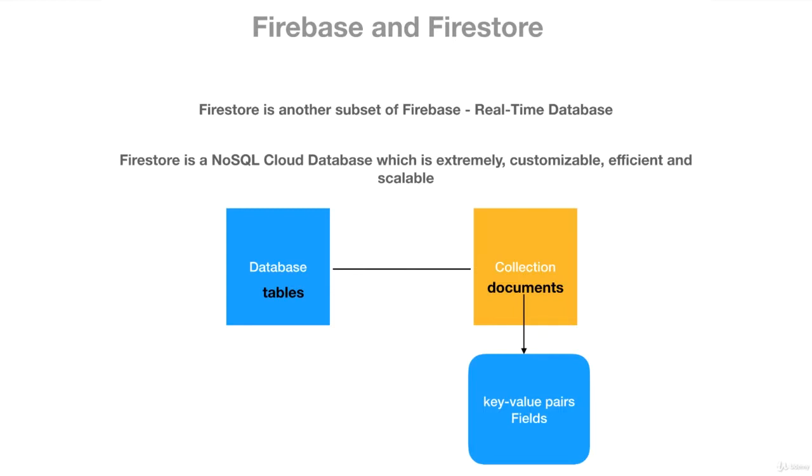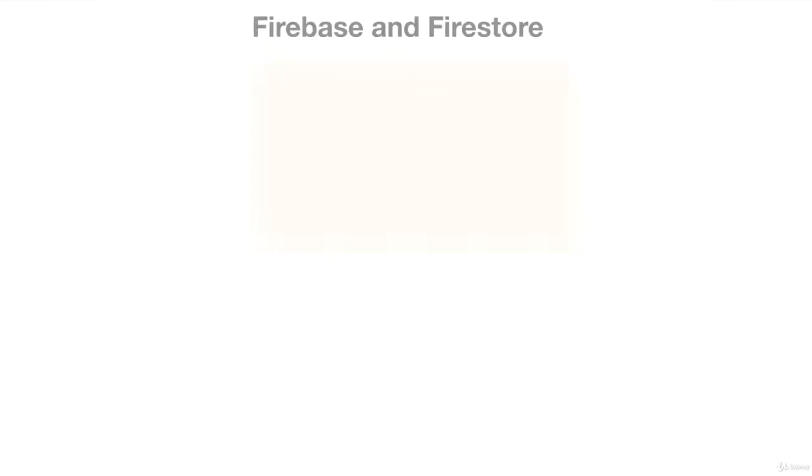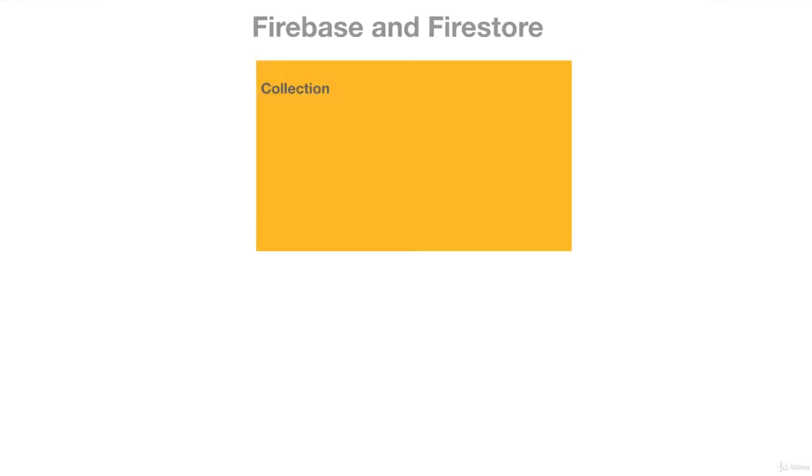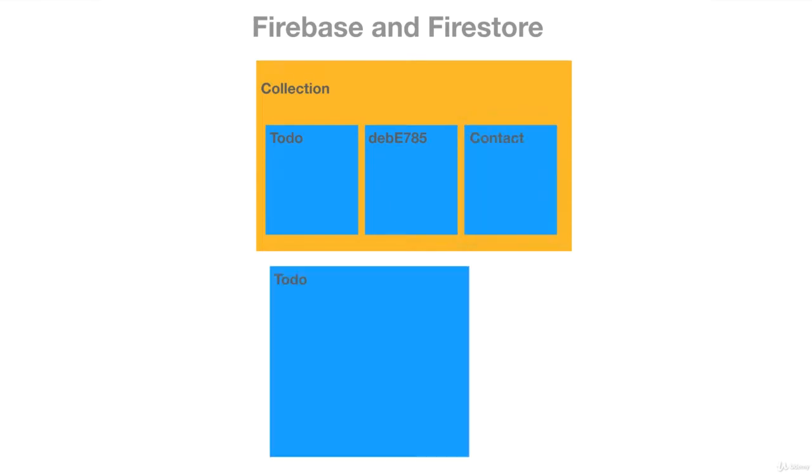it's flexible. Now, let's go ahead and take a closer look at our collection. If we look at our collection, in this case, our database, right? But it's called collection in Firestore and NoSQL. Inside of a collection, we add documents. For each document we create, we can add a name ourselves. So we can set a name for a document, or we can let the Firestore system create an ID for each document, like that. Okay? Inside of each document, for instance, the to-do document, we'll have a structure such as this, the key value